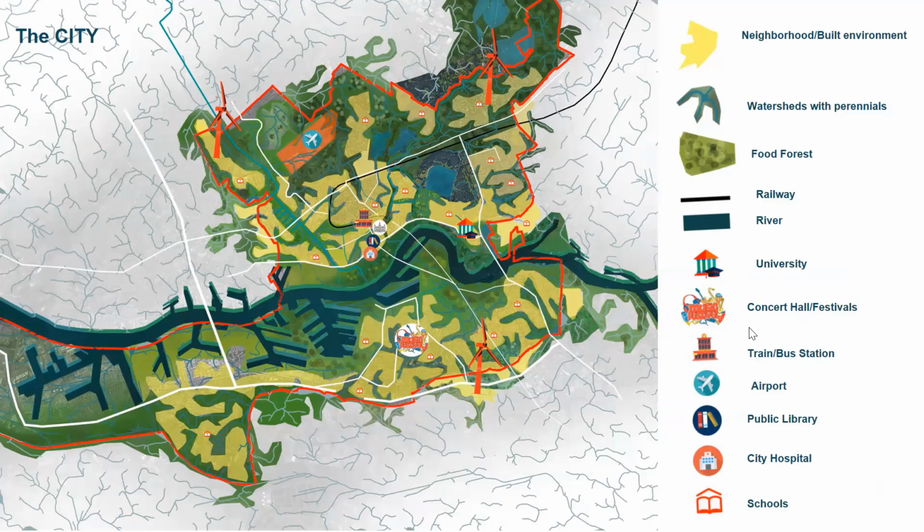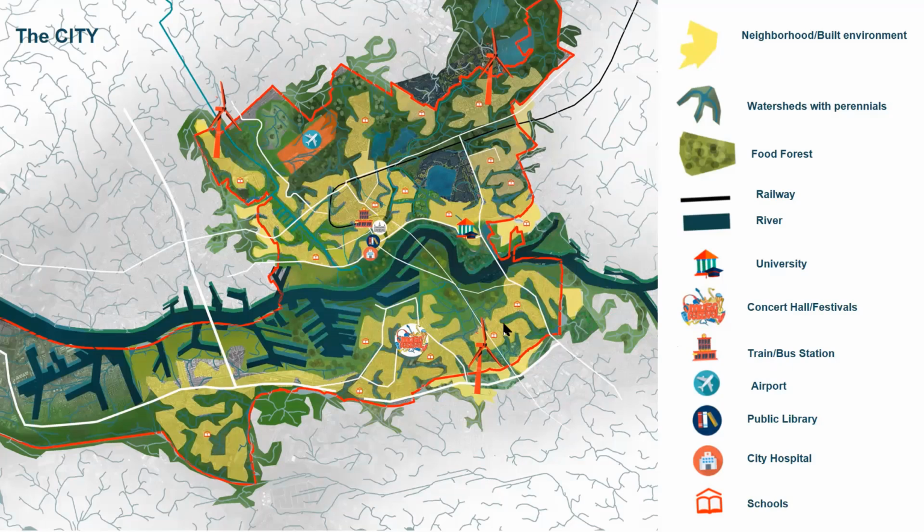We had universities, conference halls, trains, bus station. We had the airport, public libraries, city hospital, schools. And then we had the neighborhood, which was in yellow over here. What we tried to do is we tried to take